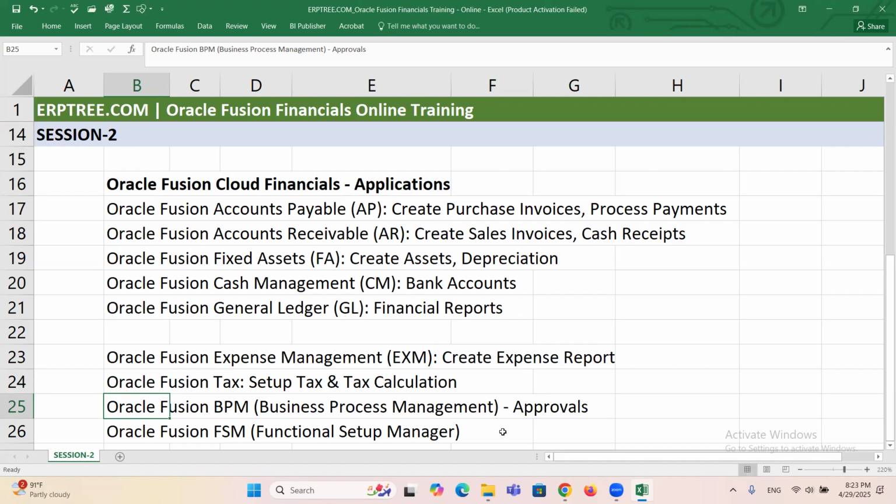Okay, we can set up the approval. Say an employee is creating an expense report. Whenever an employee creates an expense report, it needs to be approved by the manager so that the amount can be reimbursed by the company. In that case, we use Oracle Fusion BPM